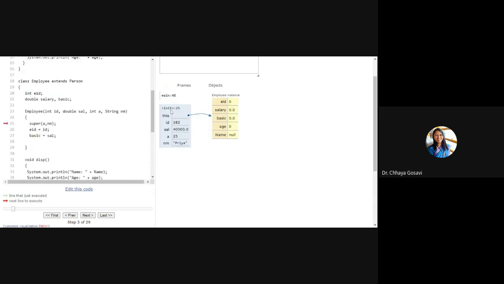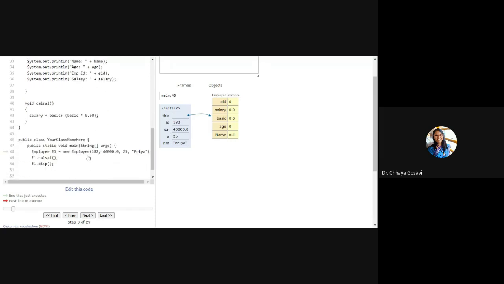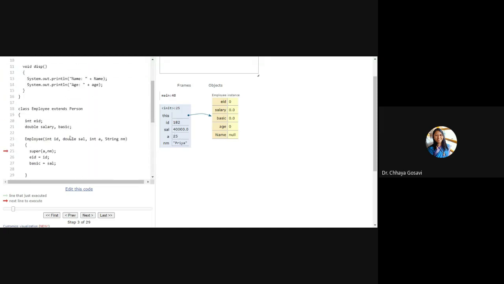So you can see here for the employee object, there are 4 variables: name, age, salary, and ID. These 4 parameters we passed from our constructor. So ID is 182. This is salary. This is small a, and this is name. The employee constructor is getting called.